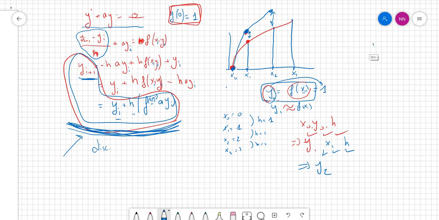For example, when you used the Newton method to calculate a zero of a function, if you start in here, you make the tangent, you have a point, then you make the other tangent, and you are coming close to the solution. With this kind of method, each step I take gives a better approximation, and I'm moving closer to the solution. But in the differential equation, in this kind of procedure, that's not the case,